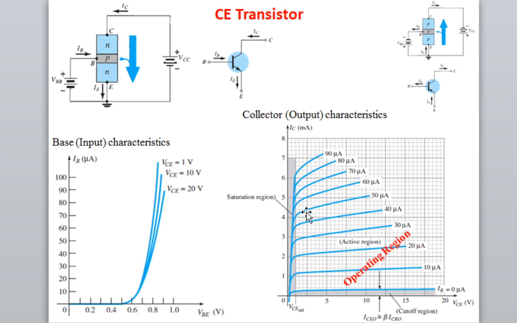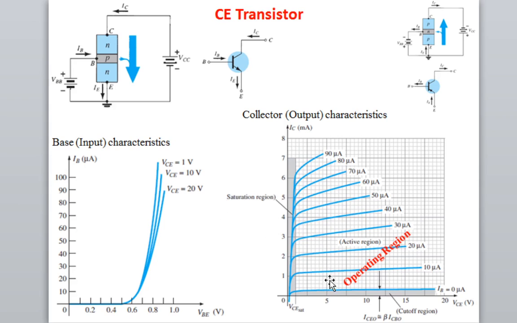So this shaded region I have shown here is known as the cutoff region of your transistor. And in this other shaded region, the characteristics curve is behaving like an ohmic region, with ohmic behavior. If you increase the voltage, the current is increasing linearly, so it means proportionally. So this region is known as the ohmic region, behaving with ohmic behavior of current and voltage. This region is known as the saturation region of a transistor.